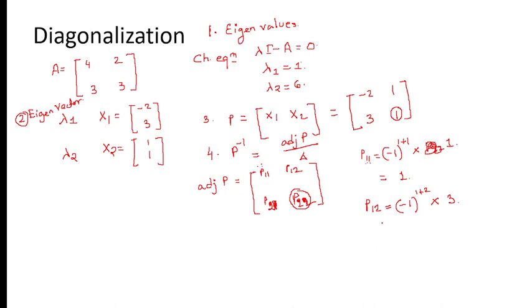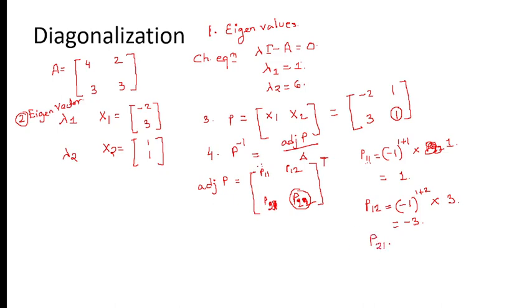So this will be equal to -3. Now I have missed a point. Adjoint means that you have to put a transpose over here. I forgot to write the transpose. So next,